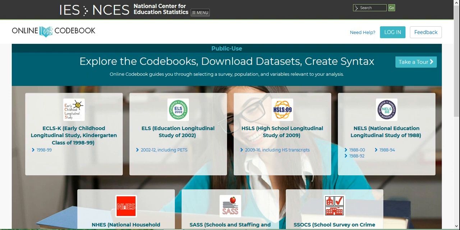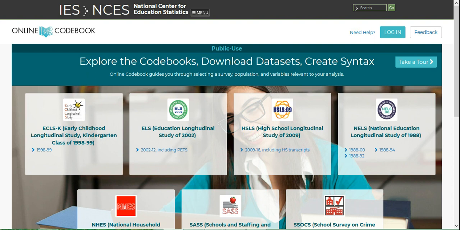For those of you working in the area of education research, you may be well aware of the type of data collection that the federal government collects. However, if you are a graduate student or someone just coming to the education research sector, you may be surprised at the extent of data collected by the federal government and the availability of that data for you to use